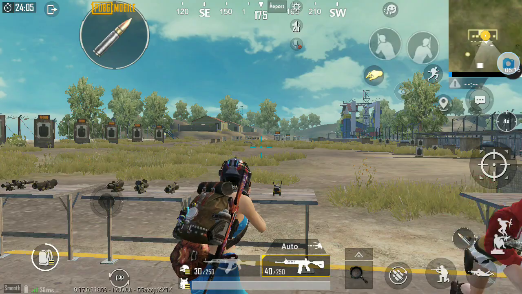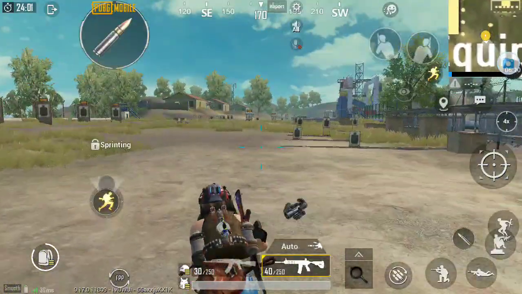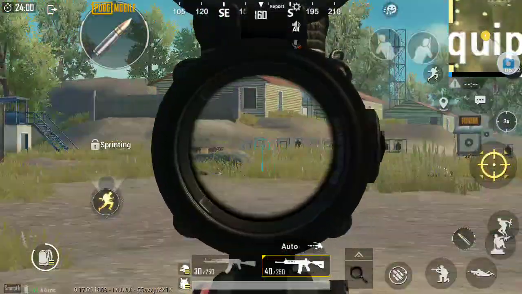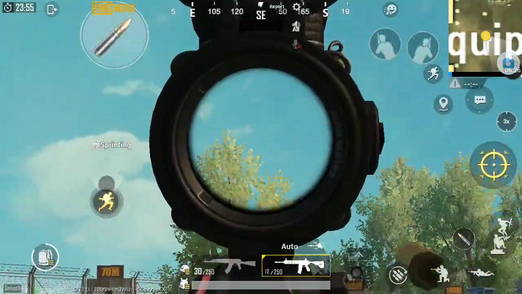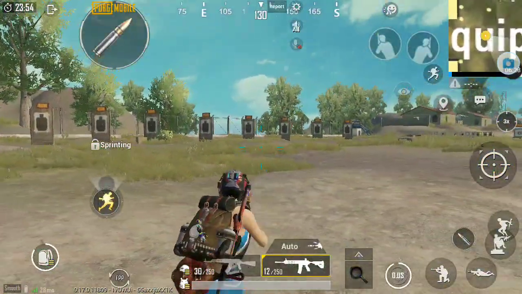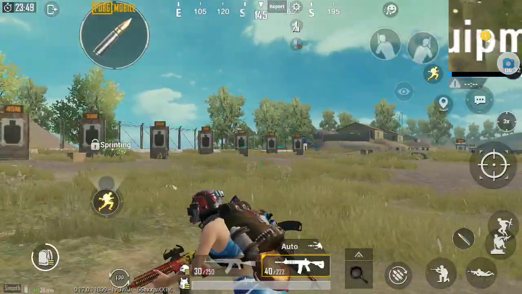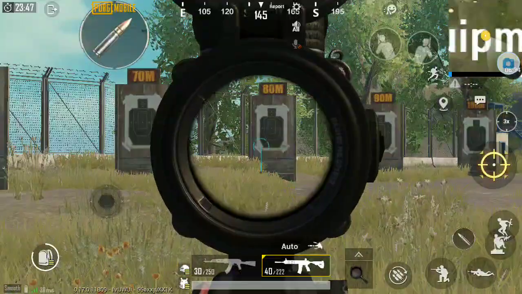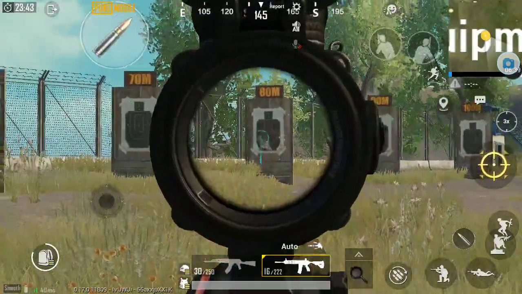Okay, then second, after that comes ADS sensitivity, aim down sight. Aim down sight is nothing but when you're shooting somewhere, see the recoil, it is going up. So what everyone normally does is we use our right thumb to press down while shooting, so that it stays in one place.